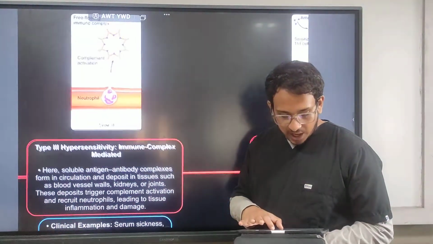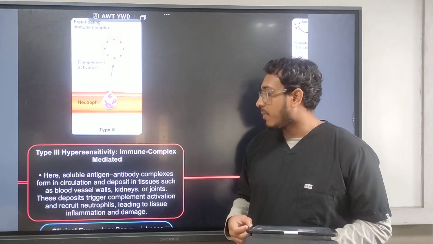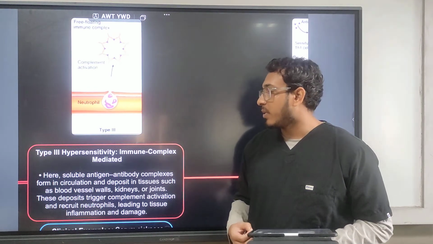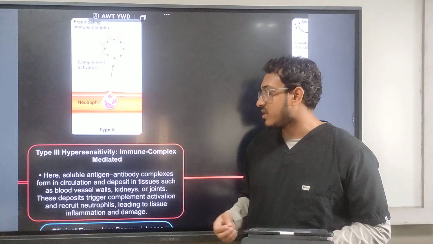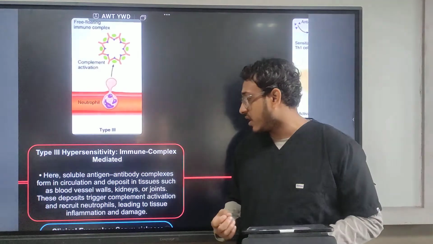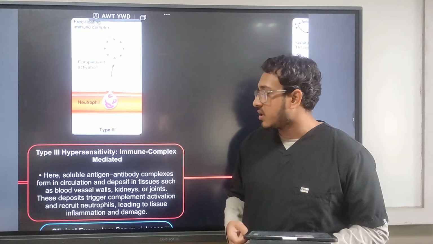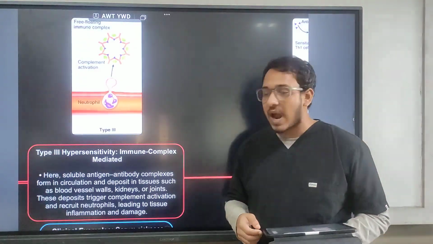The type 3 hypersensitivity reaction is the immune complex mediated hypersensitivity. Here, soluble antigen antibody complexes form in the circulation and deposit in tissues such as blood vessel walls, kidneys or joints. So these deposits will trigger the complement activation and recruit